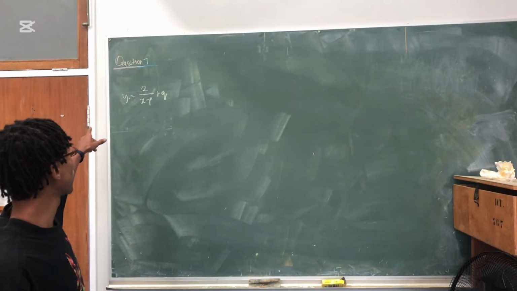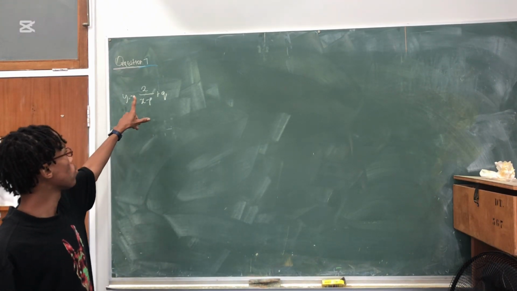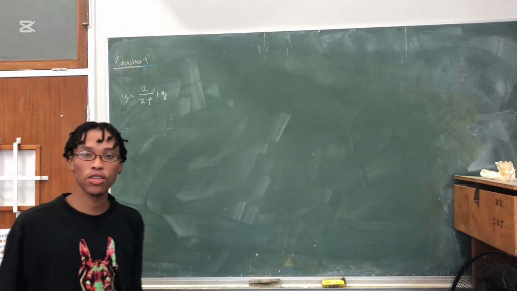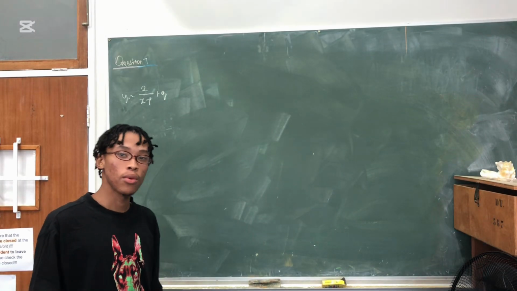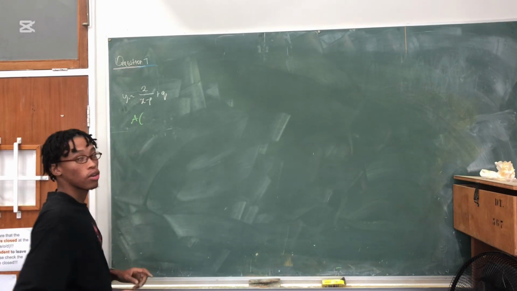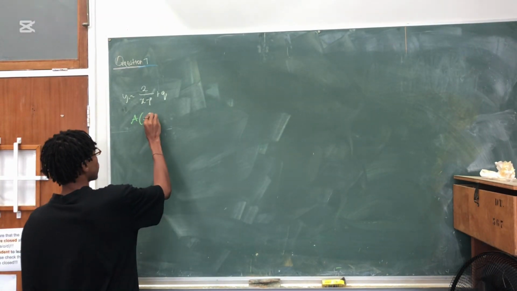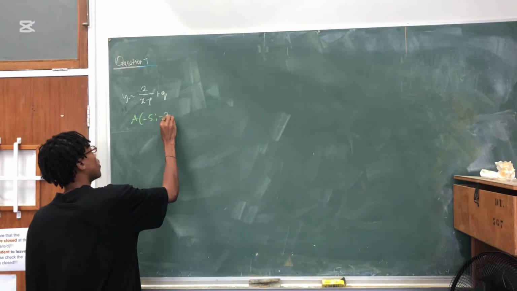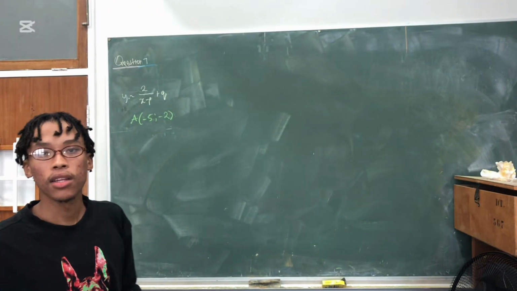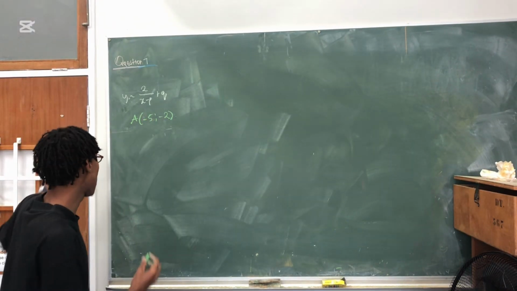First question on question 7, we are told that our function is y is equal to 2 over x minus p plus q, but we are also told that we have a coordinate A, which is a point of intersection of the asymptotes, (-5, -2). The first question is asking us to complete the equation of the function f,